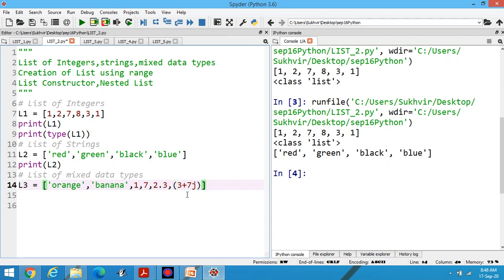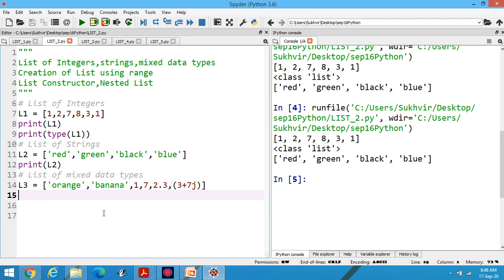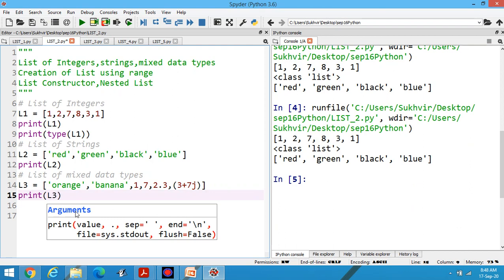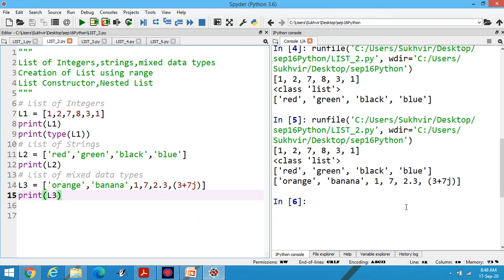Suppose these are the elements. Now execute the program. You can display the contents by writing print L3. These are the contents. You can display orange, banana, 1, 7, 2.3, 3 plus 7j, like that. These are the first three contents: list of integer, string, mixed data type. It comprises string, integer value, decimal value, and complex number.